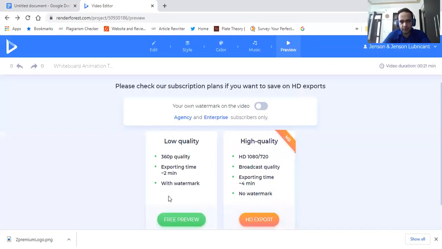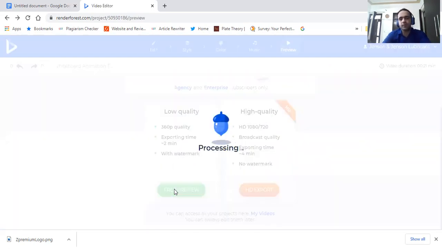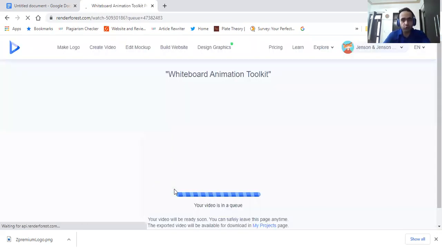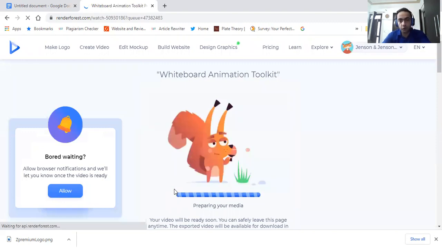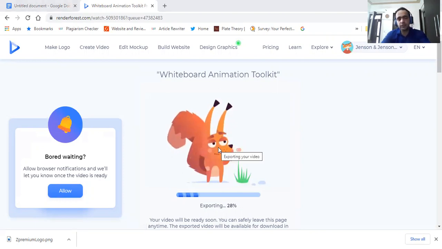So let's start it. You can click on free preview because we will be learning how to create free videos. If you want to go for the paid version, HD without any watermark, you can pay them 399 rupees, and it's worth the price they are charging. It will take a minute or so for them to create a video. And unlike other tools, with Renderforest you can create many videos, logo animation, cool stuff.